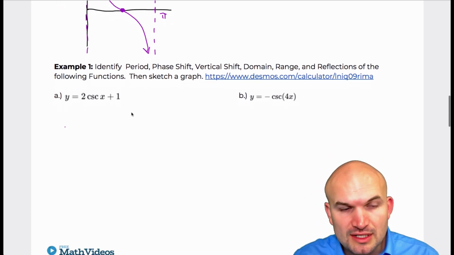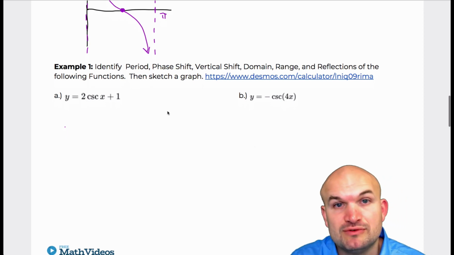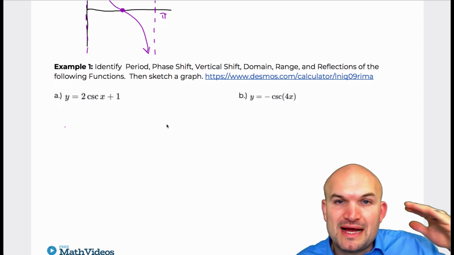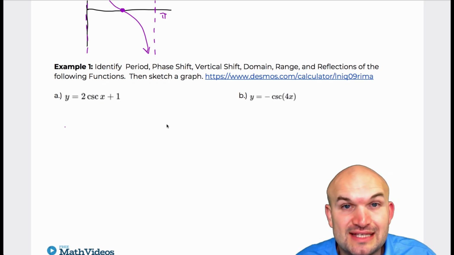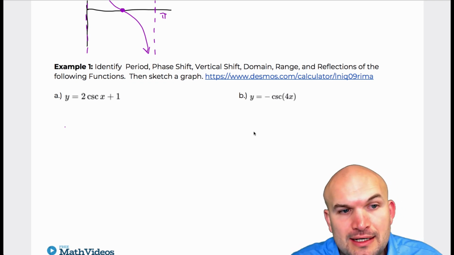So just an important thing here, we don't have an amplitude for the reciprocal trigonometric functions because they don't have a max and a min. Remember, the definition of amplitude is the half distance from the max to the min, so that is only going to apply to